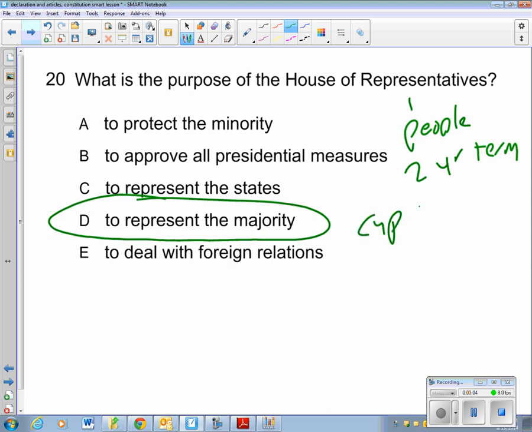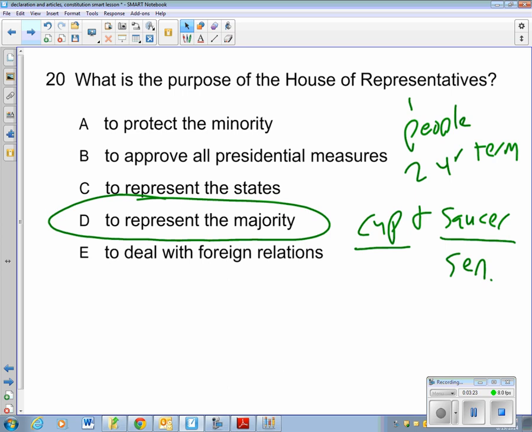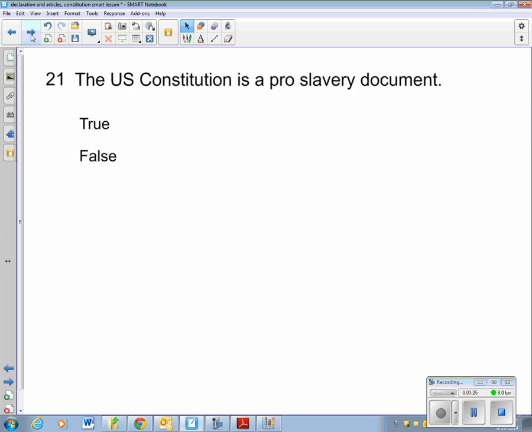Jefferson referred to the House and Senate as the cup and the saucer. Basically, the cup is where you have your hot legislation and your emotions going into it, and the majority is kind of being all excited and caught in the moment, and then the saucer is where everything cools down. That's the Senate's job, to cool out the legislation and compromise and bargain with things. So the House is going to represent the majority.